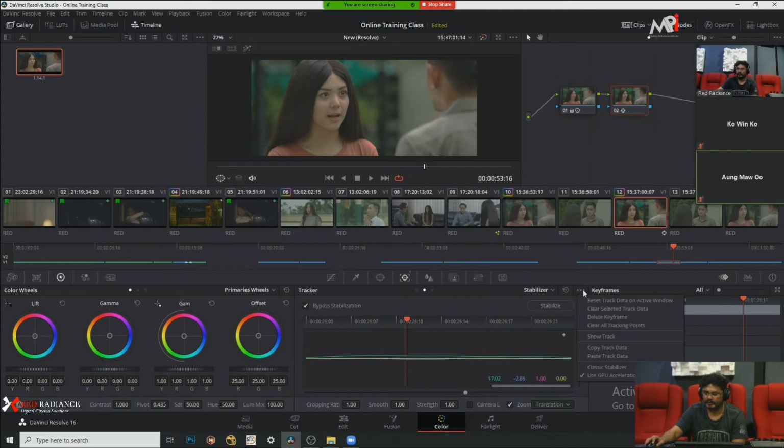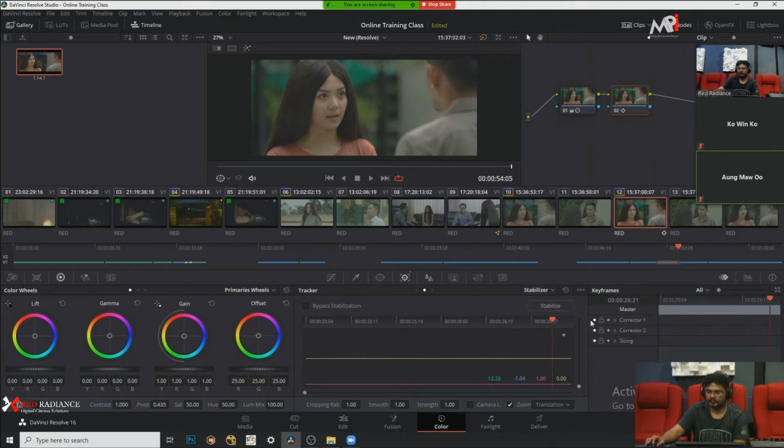I'm just going to add a keyframe over here. And these are the major tools you can use. So I'll go to the